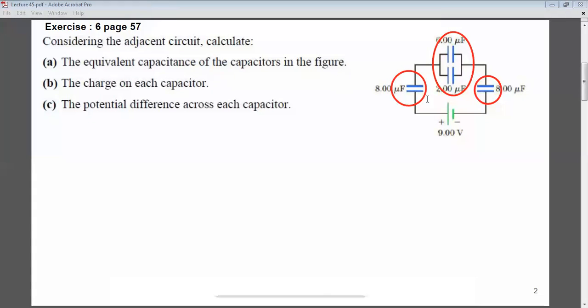Let's give them some names as this makes our life easier. So let's call this one C1, C2, C3, and C4. Okay, so I have C1, C2, and C3 implies C2